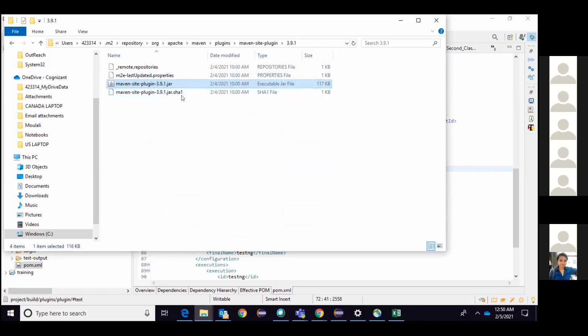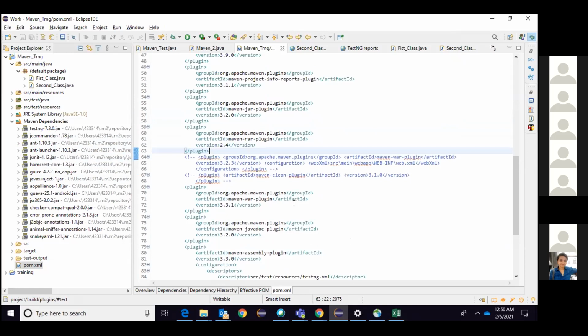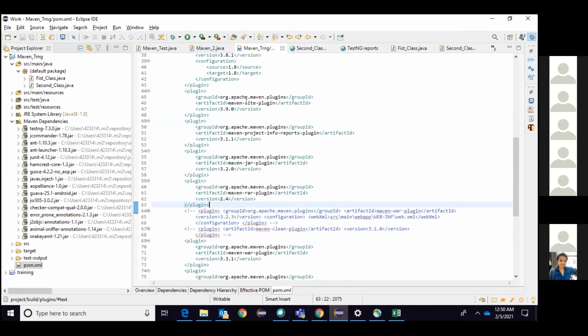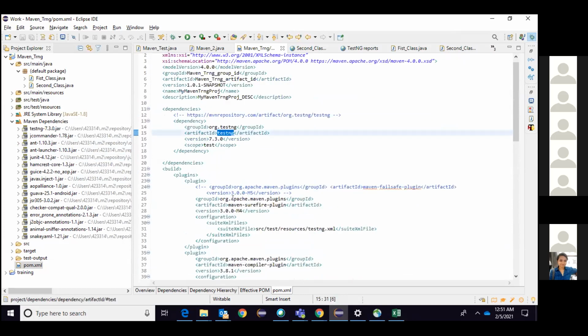But why is this not available there? As I said, less preference. Now, even with less preference, why can they not add it here? The major problem is when you bundle a package. For example, I am a developer of the Maven site plugin. I mean, not a plugin, say I'm a developer of TestNG.